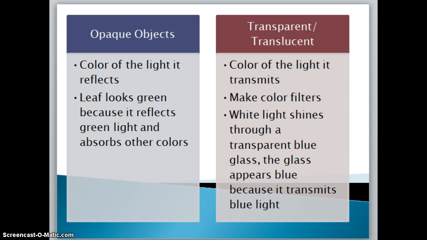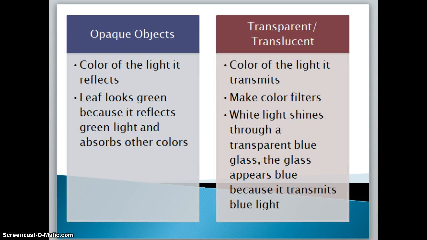So again, when we talk about opaque objects, okay, the color of that opaque object will depend on the wavelength of light that the object will reflect. All opaque objects absorb some wavelengths of light and will reflect others. So when we look at an opaque object, the color of that object is the color of the light that